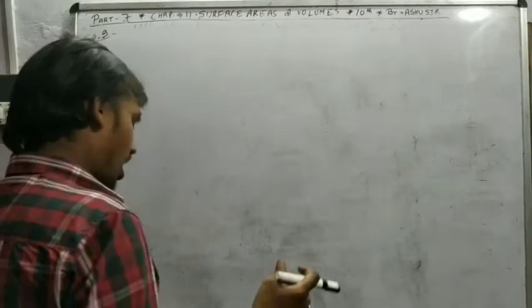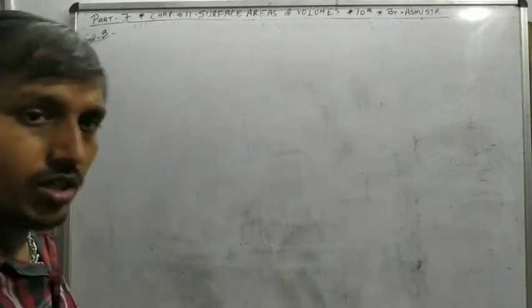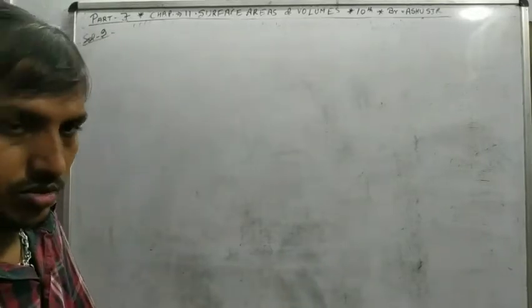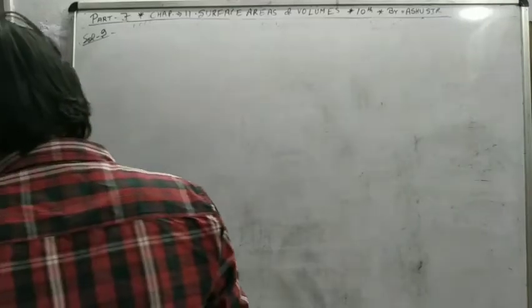Let's see this question. It is a frustum-based question, but I am not explaining the frustum, I am explaining the concept. A container made of a metal sheet is in the form of a frustum of a cone of height 12 cm with the radii of the lower and upper ends of 3 and 12 cm. Find the cost of the metal sheet used if the cost is 7 rupees per 100 centimeter square.